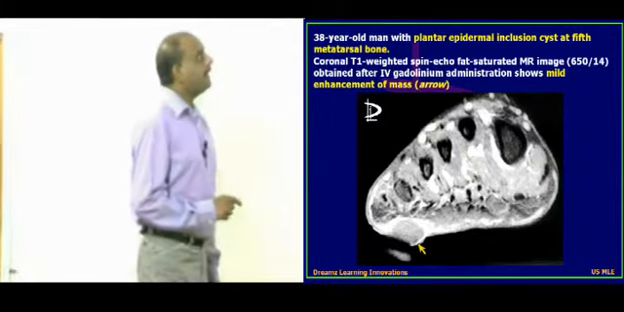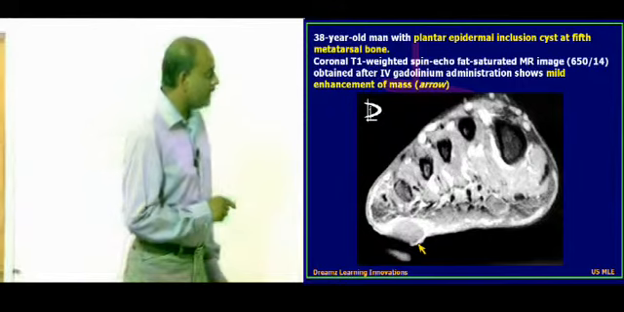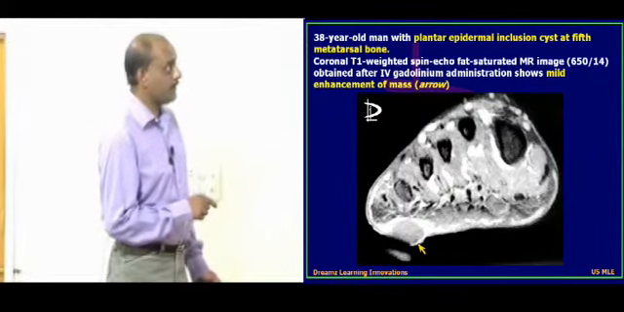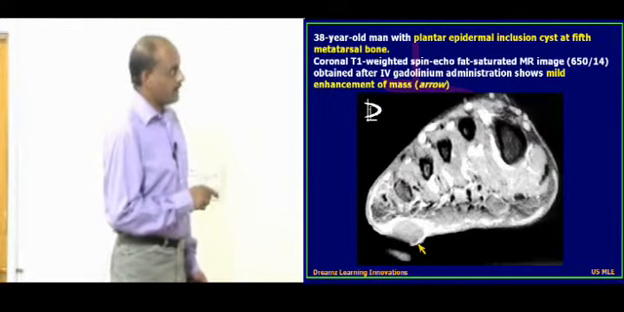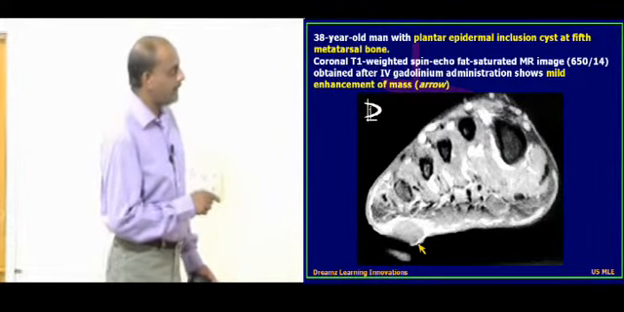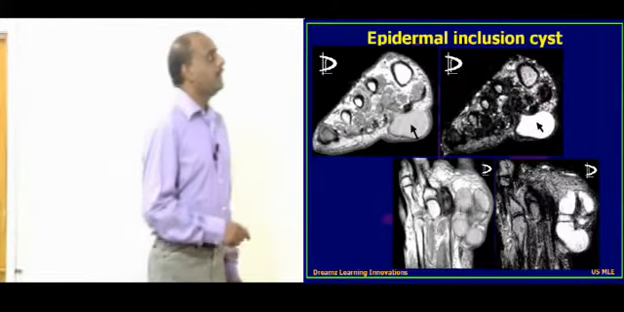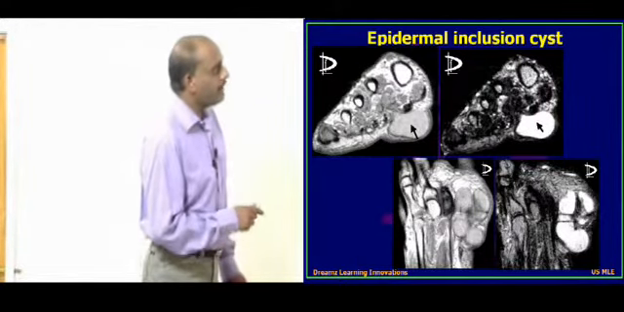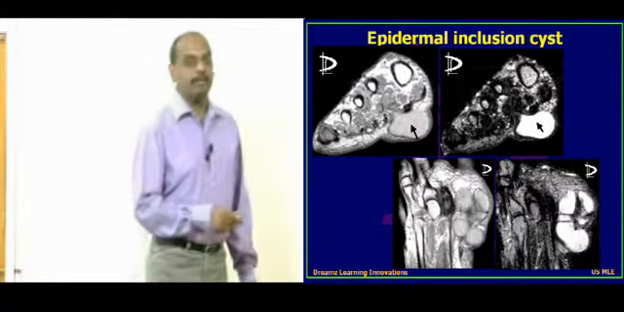So this is a typical 38-year-old man with the development of a plantar epidermal inclusion cyst which is developing on the 5th metatarsal bone. In this coronal T1 weighted image, you can classically see mild enhancement of this mass, which is the epidermal inclusion cyst. And this is how the T1 weighted and the T2 weighted images can show clearly the presence of an epidermal